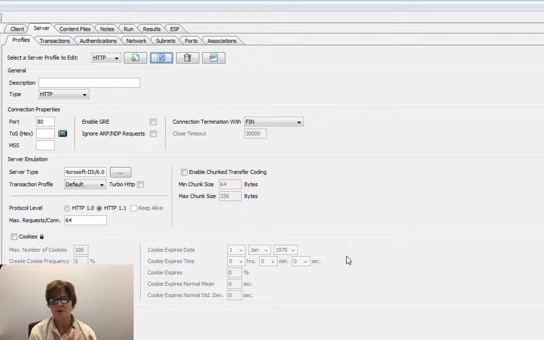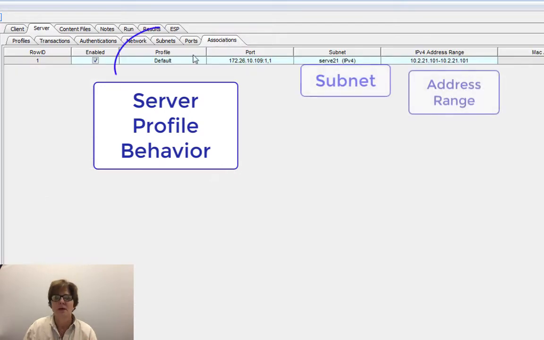Now, the thing about a layer 4 through 7 traffic generator is it is much different than a packet blaster. You have to tell the device drivers, the TCP device drivers, what all of their instructions are, which means: are you doing 1.0? Are you doing 1.1? Are you doing keep alives? How do you want to end the connection? Also, retries, what port number do you want to go to? Everything, okay? So now we're going to come back here and change this from default to HTTP.